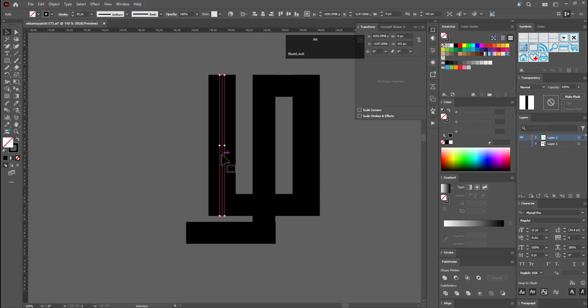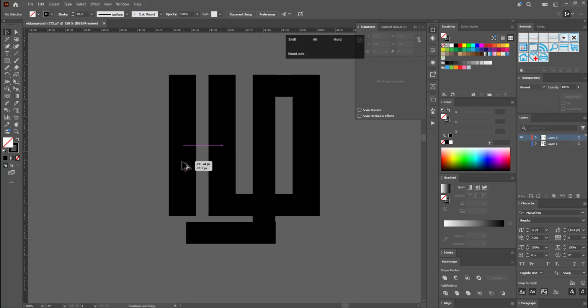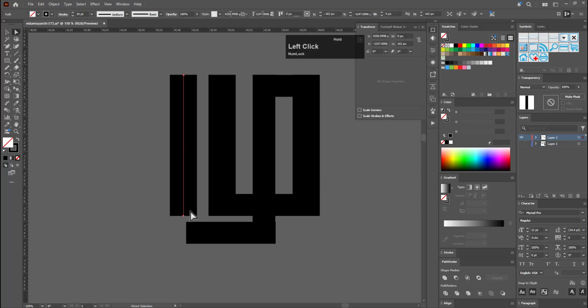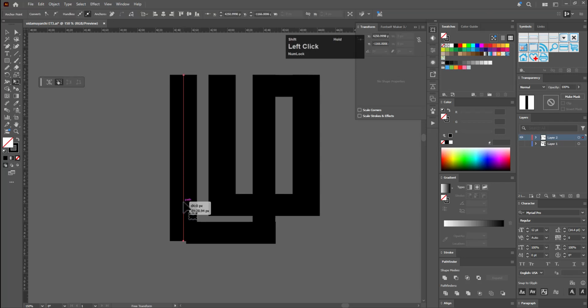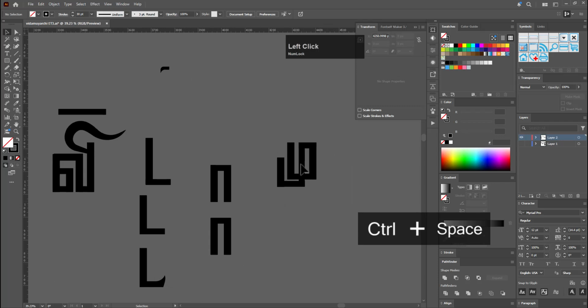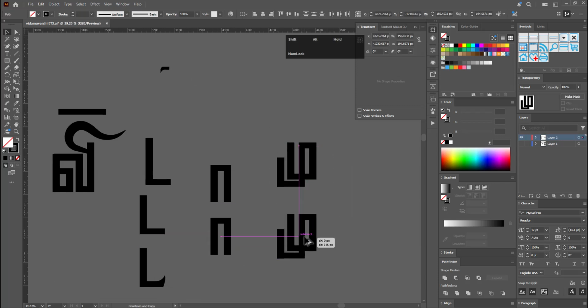Then let's select this and then hold Alt and bring it here, then select this point, bring it down, let's select this point, bring it something like this. Let's select all of this and hold Alt and bring it here,